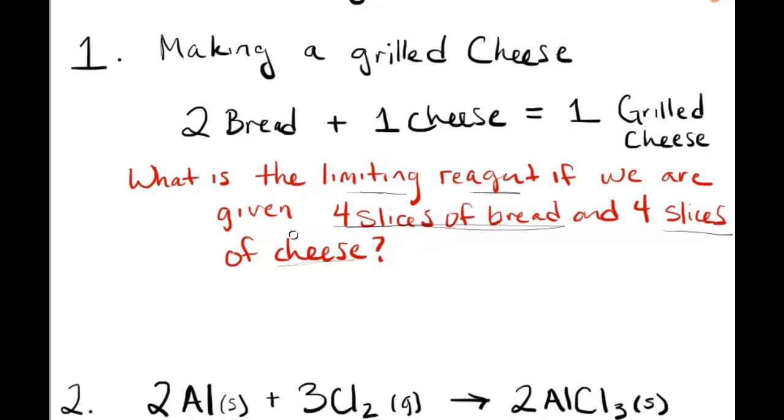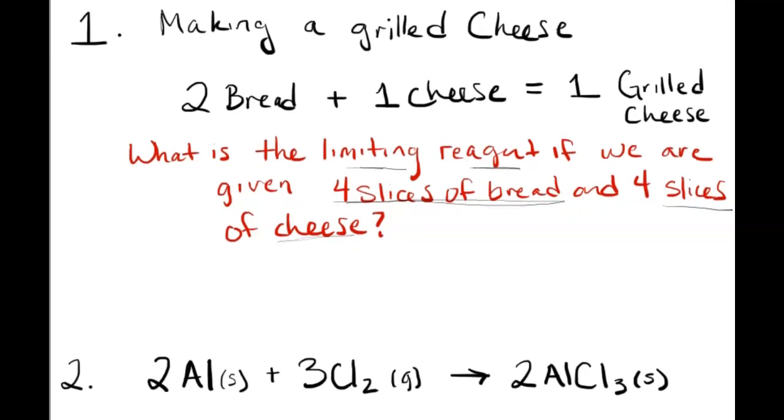So the way that we do this, you can do this a number of different ways. But let's do it the mathy way here. We really want to work in this layer. So let's do this in a different color. Let's do it in this color. So we could do it like this. So 4 slices of bread. Let's start there. With 4 slices of bread, how many grilled cheeses could we make? Right? So 4 bread